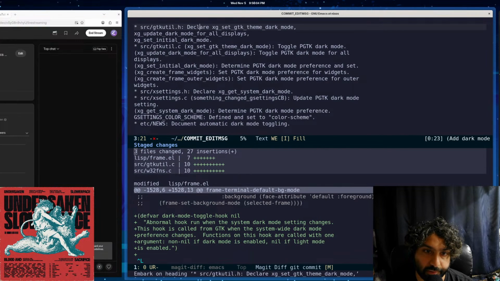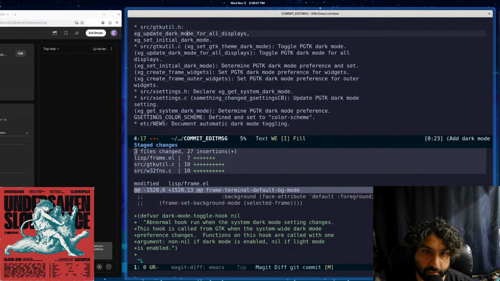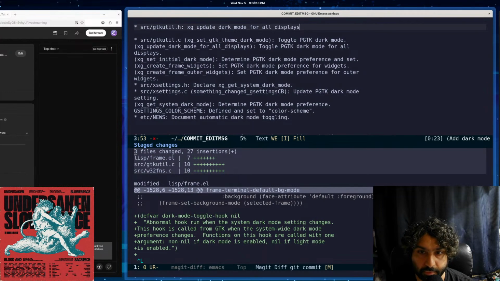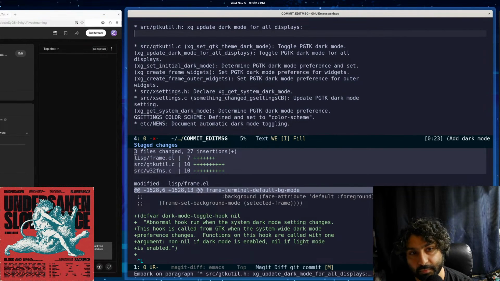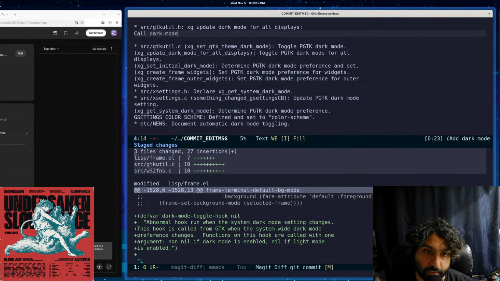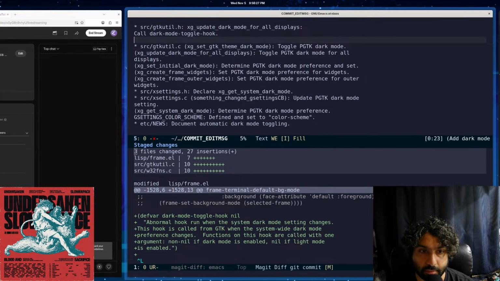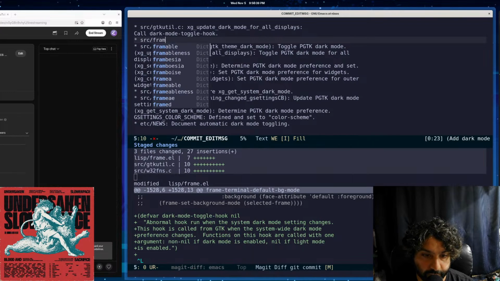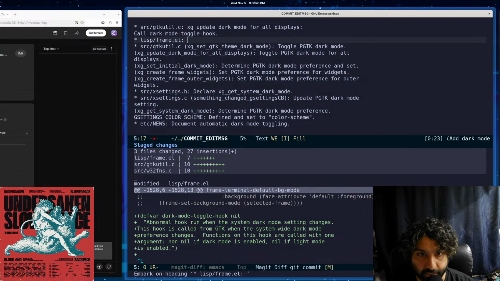So call dark mode toggle hook. Cool. Oh wait, wrong thing, right? C. Cool. Frame. Source frame Lisp frame.el, and then what I want to say I did there is,